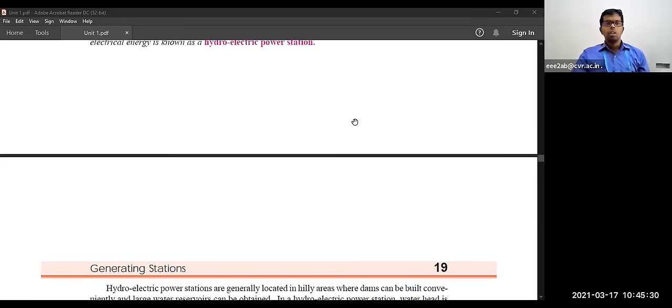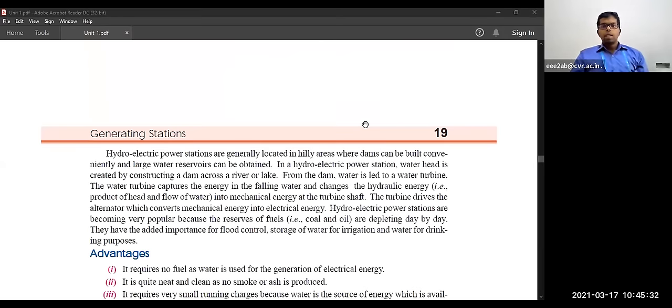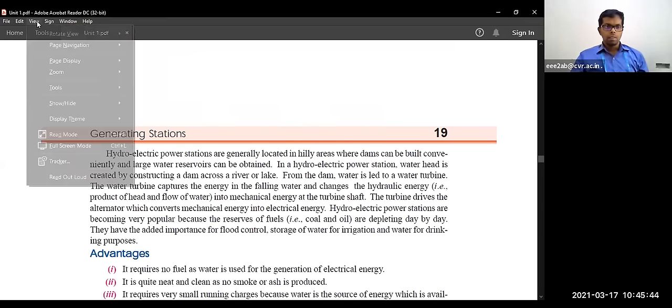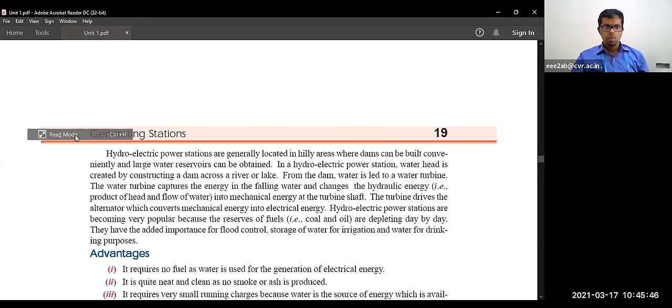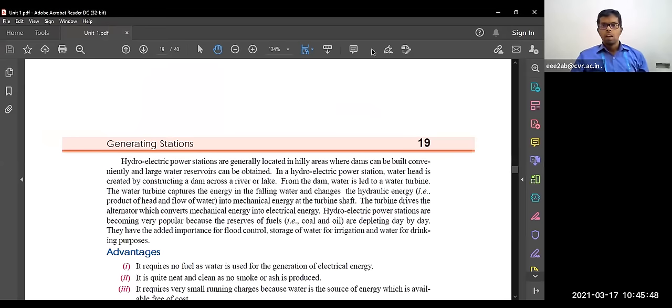Here, if you see, hydroelectric power stations are generally located in hilly areas where dams can be built conveniently and large water reservoirs can be obtained. So why this hilly area? Say for example, here,